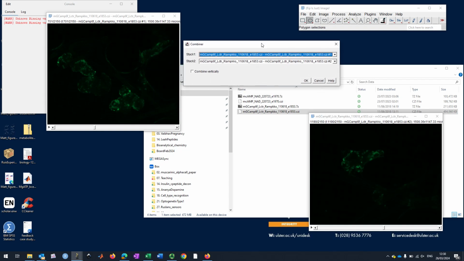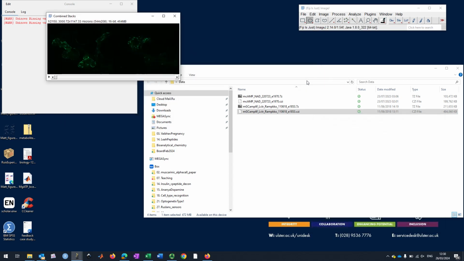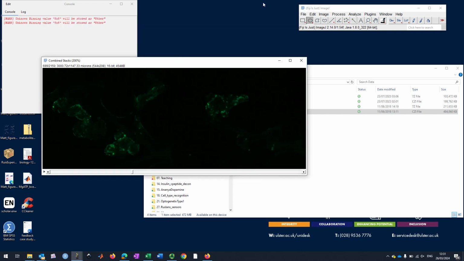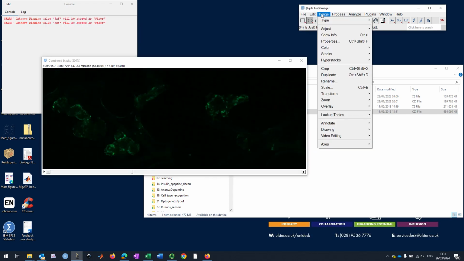We have two stacks. Stack number 1, stack number 2, all straightforward. If we press OK, they'll make one stack, which will be twice as wide. There you go. Looks small, but actually quite wide. You can barely see anything in there. Can this be improved? Image,